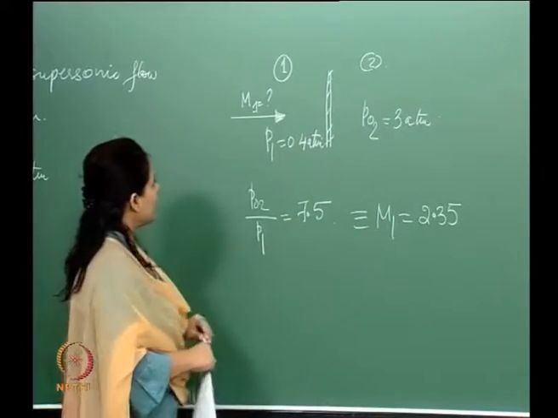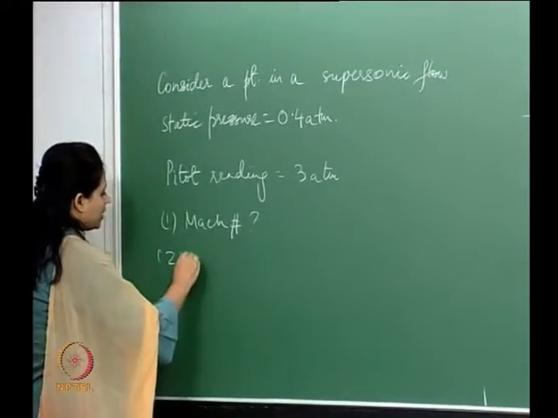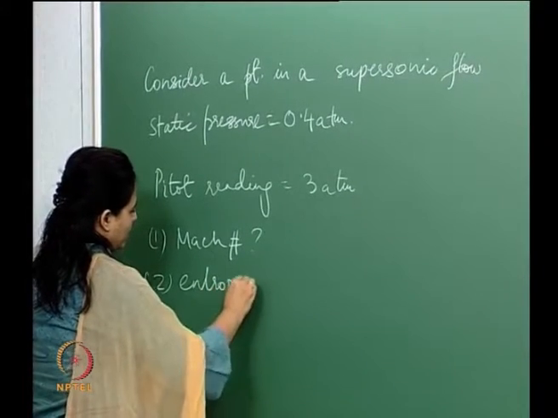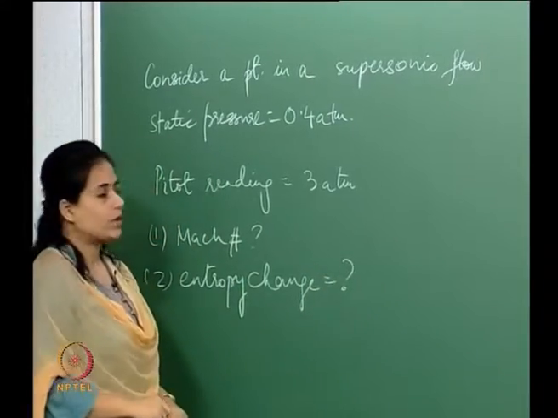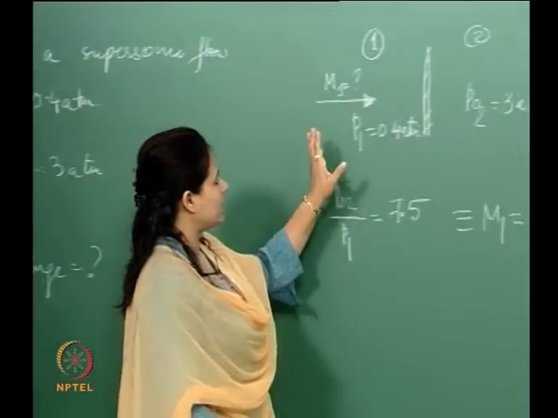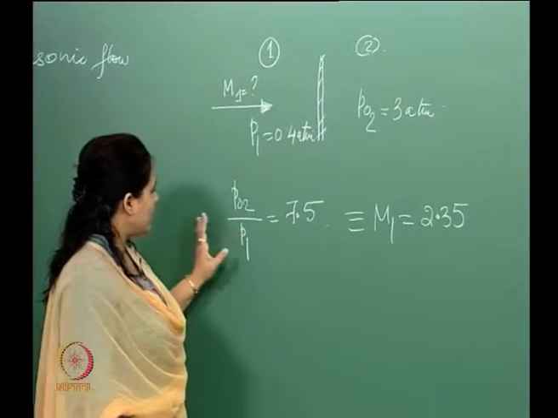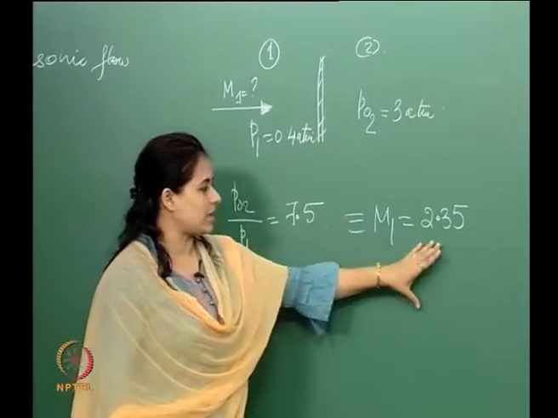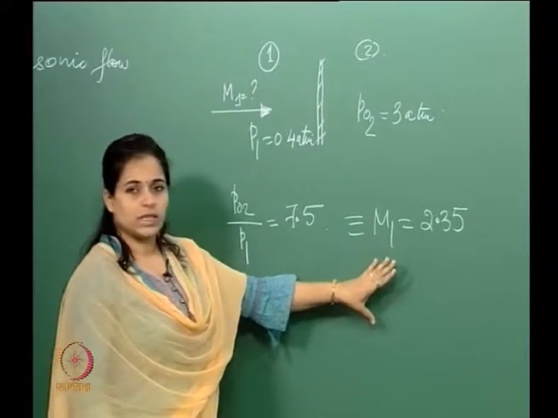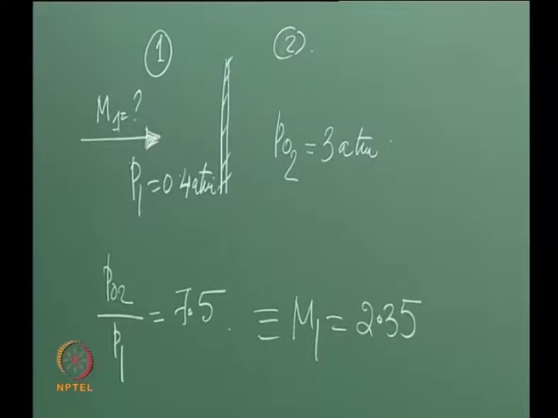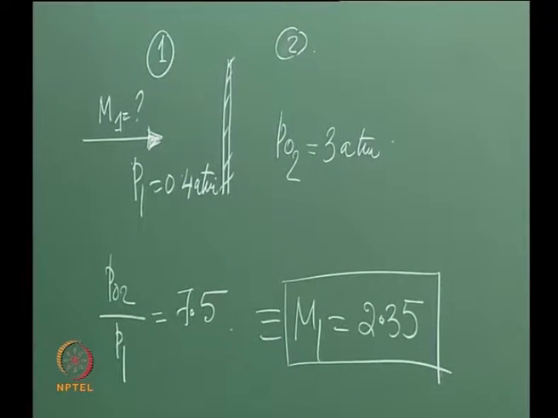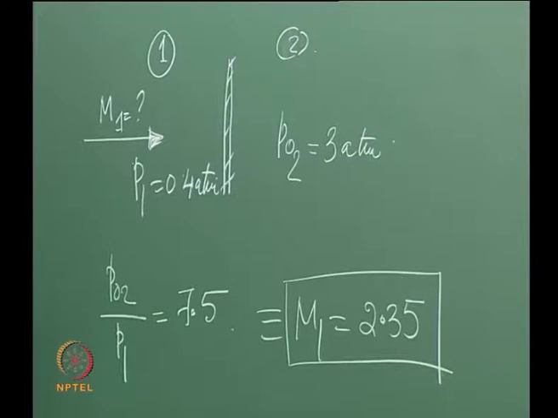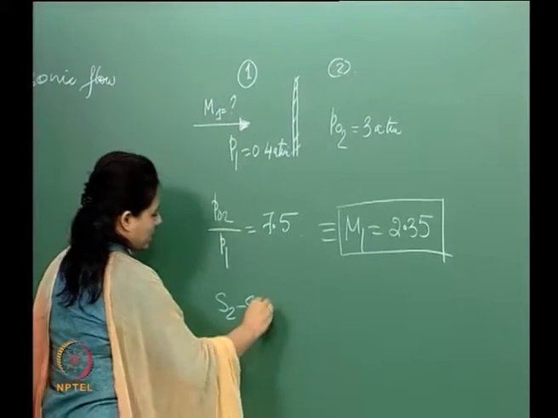Now what we would like to calculate is the entropy change. Essentially what we see here is that there is a pressure change like this, and based on that we were able to calculate the incoming Mach number from the tables. So now what we would like to see is what is the entropy change. This first part is from the tables. Now from what we've done previously, S2 minus S1